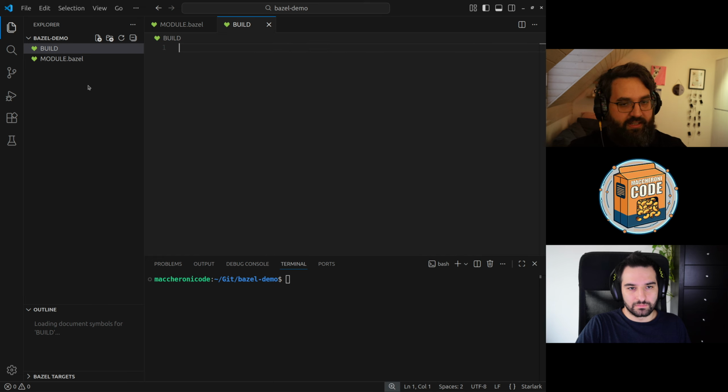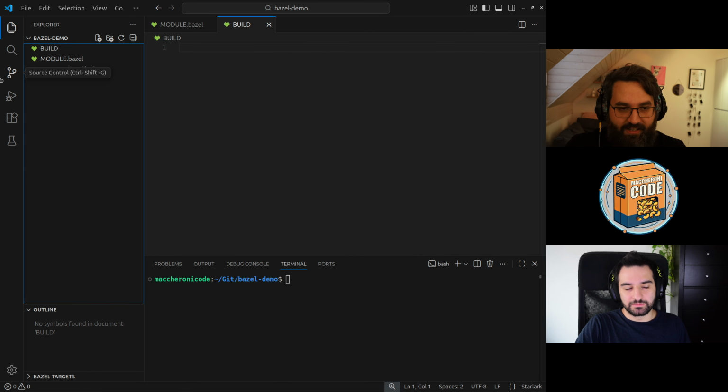Again, we leave it empty for now, and then we will use it later. Okay, so it's like a makefile? Well, it uses a different language, which is called Starlark, which is a dialect of Python. So it's Python with fewer features, but it's, in my opinion, way more readable and self-explanatory than a Bazel file. Sorry, than a build file.